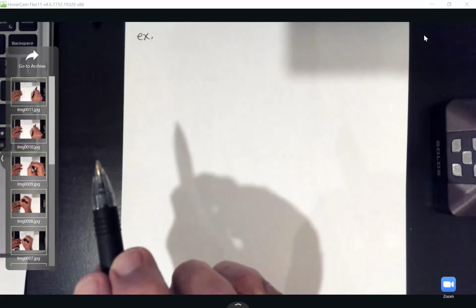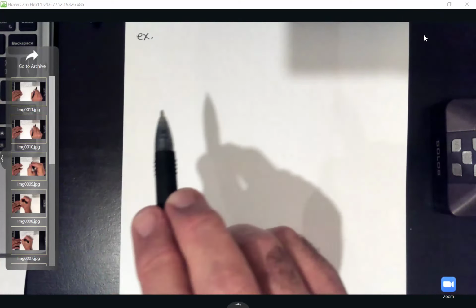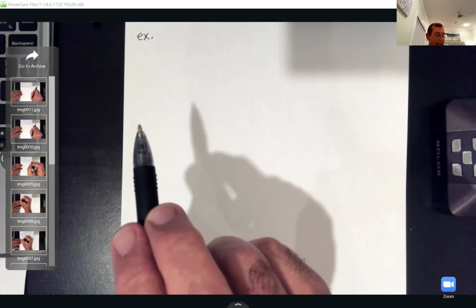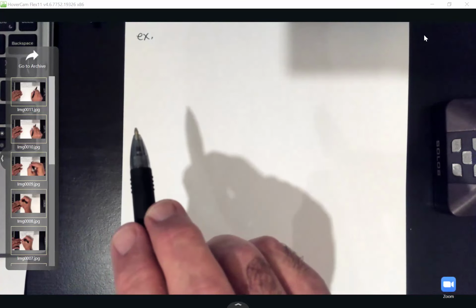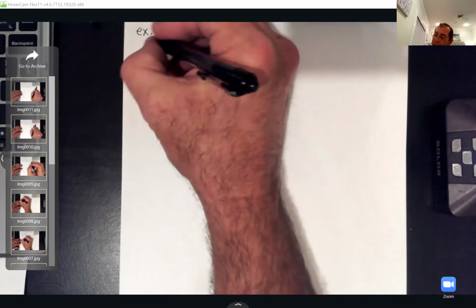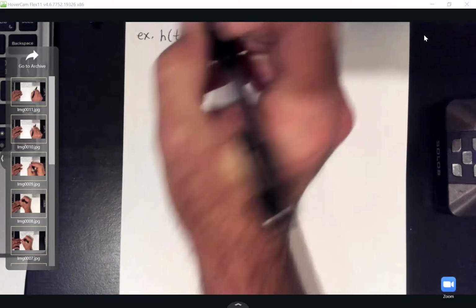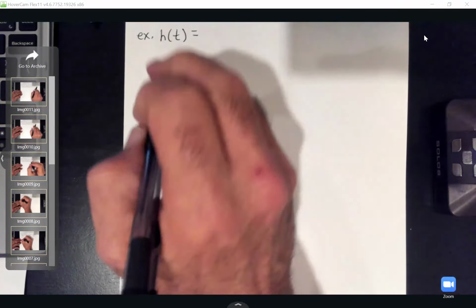It says the height, h, in feet of the rocket above the ground at t seconds after launch is given by the function. So what you need to know is the function they're giving you is h of t equals